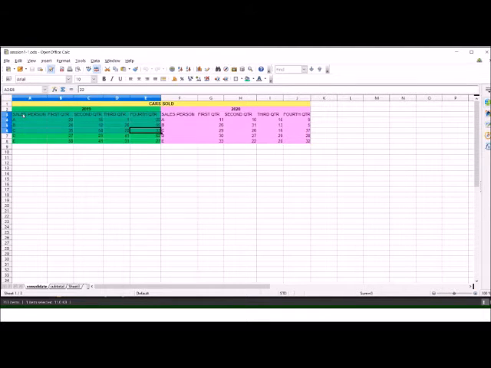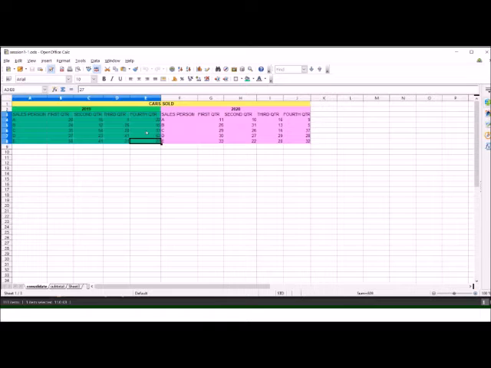For this, I can either take these 2 ranges as they are, or I can define a name for these ranges. Like this is one range in which the data of cars sold during 1 year is given. In the first column, the names of salesperson are there, then the sales during first quarter, second quarter, third quarter and fourth quarter.